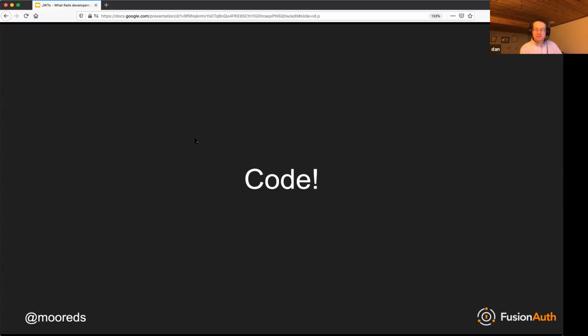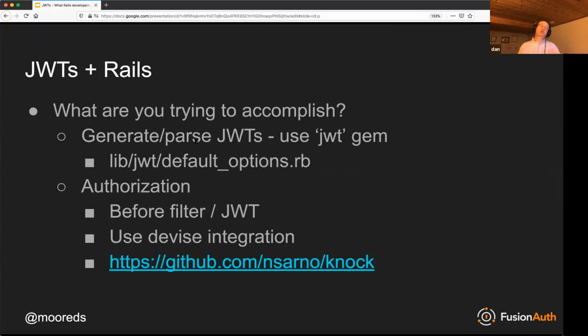All right, so we kind of went through the code. We didn't talk a lot about Rails or Ruby in this, and I'm not going to dive too deep into that because the focus is really on JWTs. But if you're bringing JWTs into Rails, lots of times you are doing it as a consumer, where you're building an API and somebody else is responsible for creating the tokens. But if you are actually generating them, again, use the library. I use the JWT gem, as you saw.